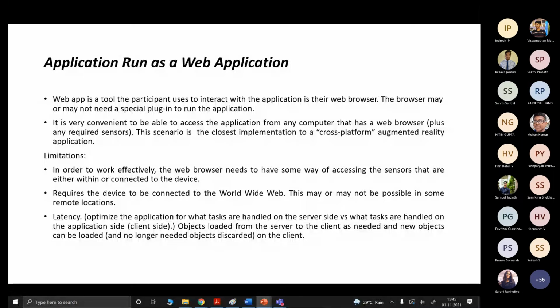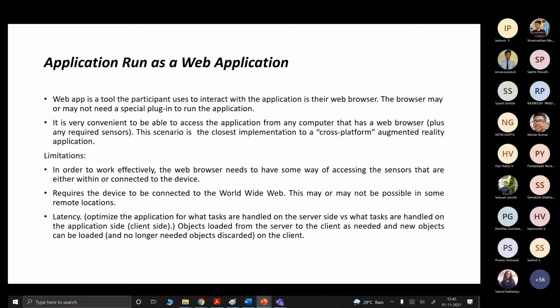The scenario here is that it uses cross-platform augmented reality applications. The limitation is that the web browser needs to have some way of accessing the sensors that can be either within or connected to the device, and the second limitation is that it requires the device to be connected to the World Wide Web.